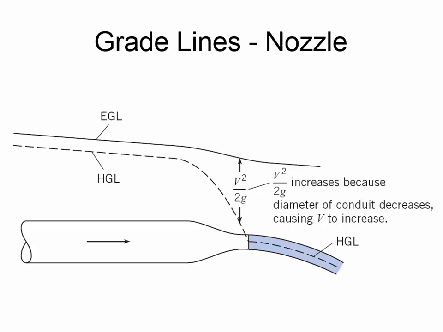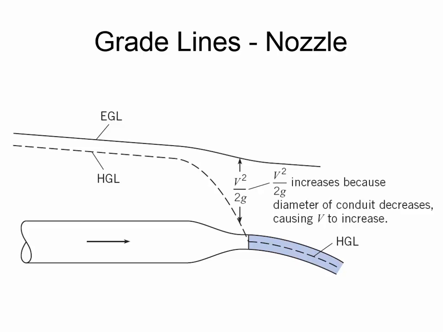Okay. Well, let's look at the EGL first of all. It's not horizontal, which means energy is being lost. But what do you notice? It's not super obvious here. It's kind of subtle. But what happens to the slope of the EGL once the nozzle has contracted? What did you say? It starts decreasing more. Yeah, you can see that this line is a bit steeper than it was here. And so that's a reflection of when the velocity is higher, you lose energy at a faster rate, because